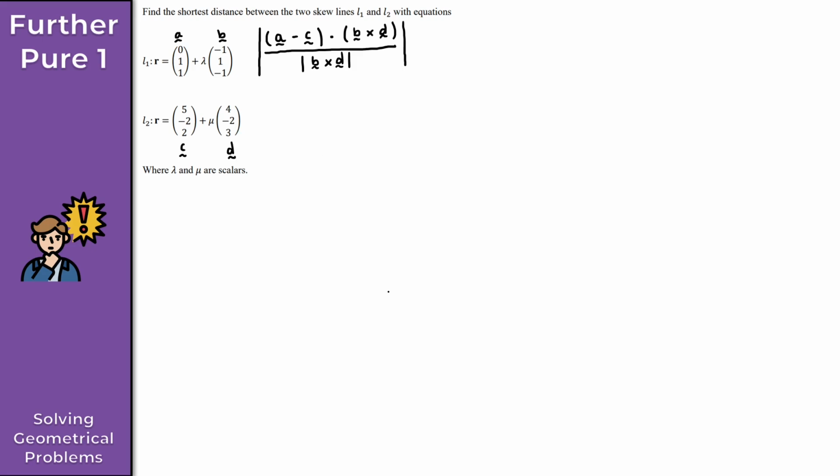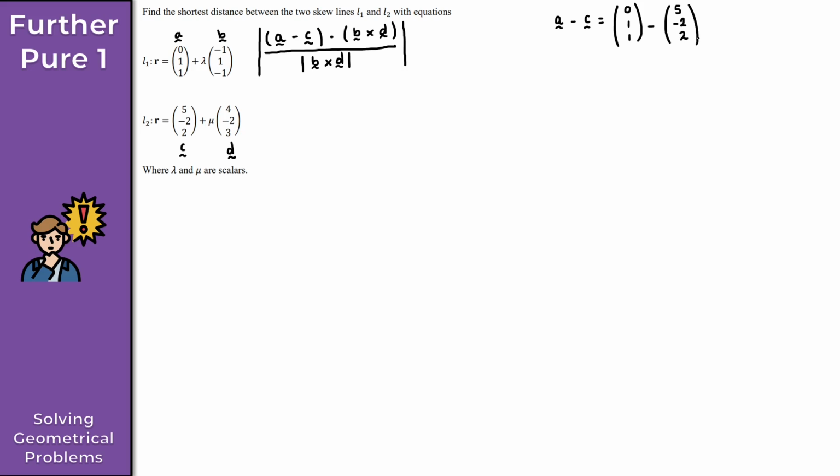Okay. So to begin with here then, let's just find separately the vector A minus the vector C and the vector B crossed with the vector D, because once we've evaluated both of those separately, we can then easily evaluate the shortest distance between the two skew lines L1 and L2. Okay. So starting off then, the vector A minus the vector C, nice and straightforward here, right? So for the vector A, that's 0, 1, 1. Minus the vector C, so C is 5, minus 2 and 2,